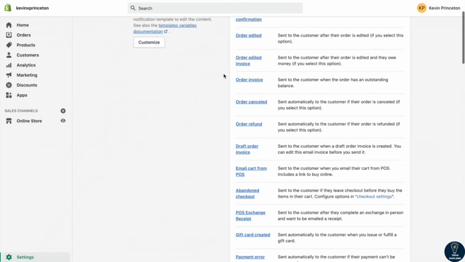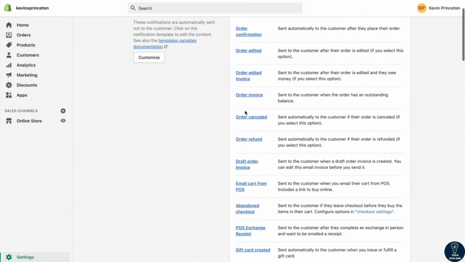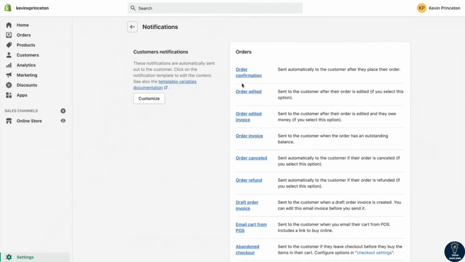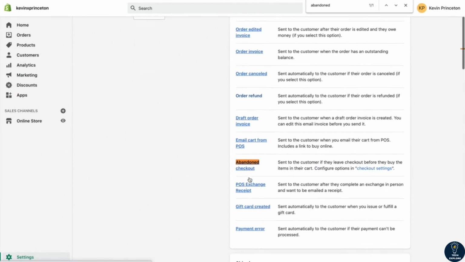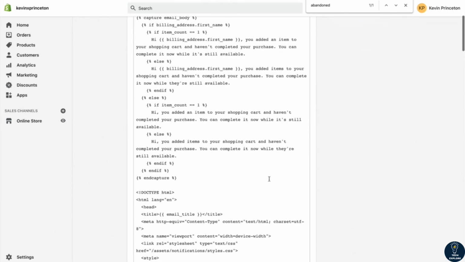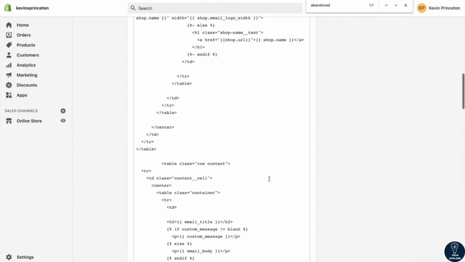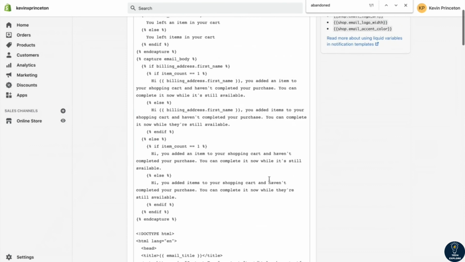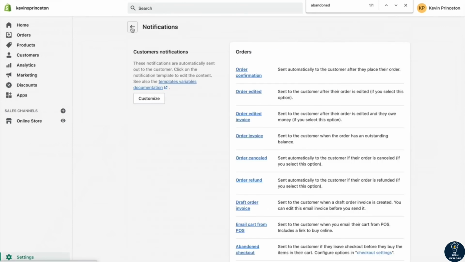So you can look here, there's a lot of different emails and notifications that we can send to the customers. Abandoned. So this is where you click abandon checkout. So you can actually edit it, but I would suggest you not edit it because it's already well written. And number two, you have to be familiar with HTML coding to be able to edit it. As you can see, this is not just your basic kind of email format, right? So if I were you, I would not mess with this just because if you're not familiar, you might screw